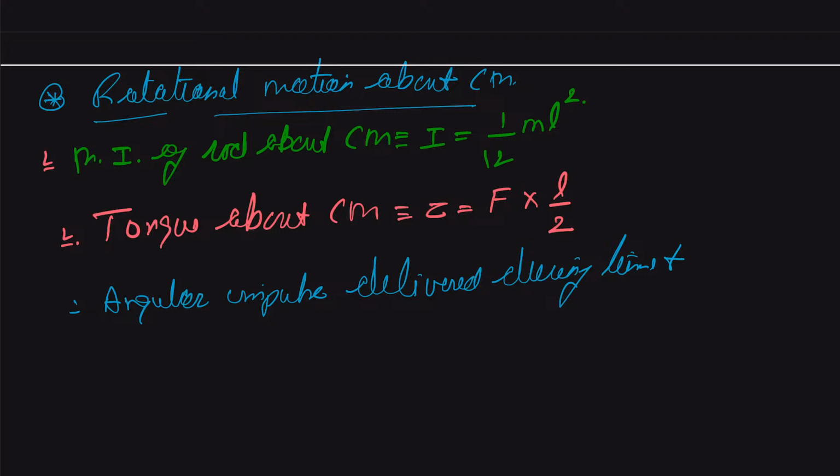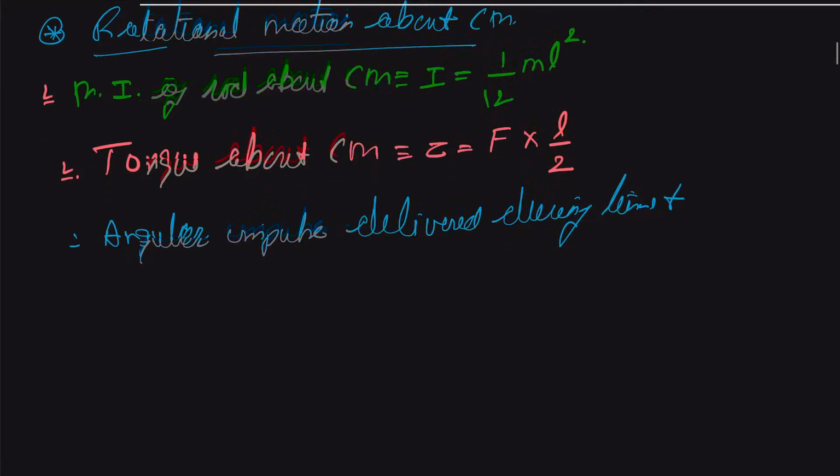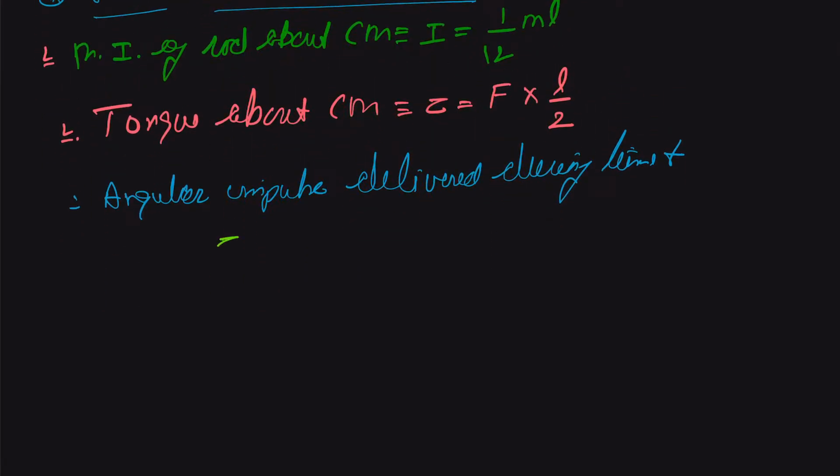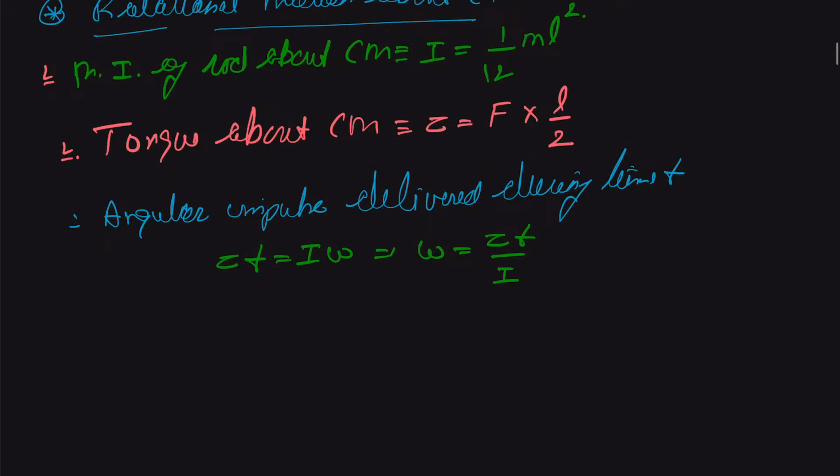We can write the equation as tau multiplied by t, which will be equal to I times omega, and from here omega is equal to tau t upon I. We already know the value of tau as well as I, so I is our moment of inertia 1/12 ml square, and tau is F L/2, multiplied by t,